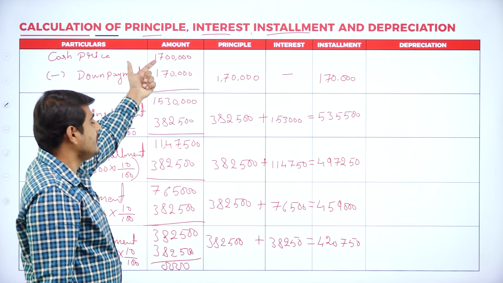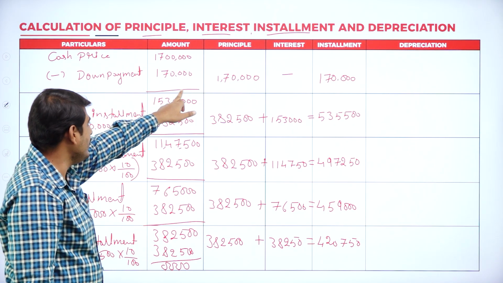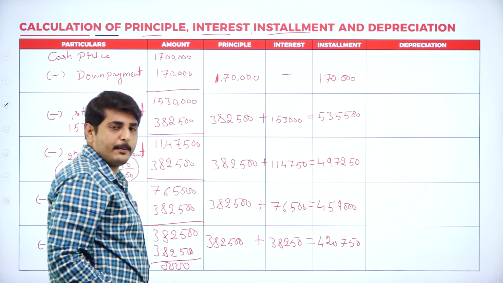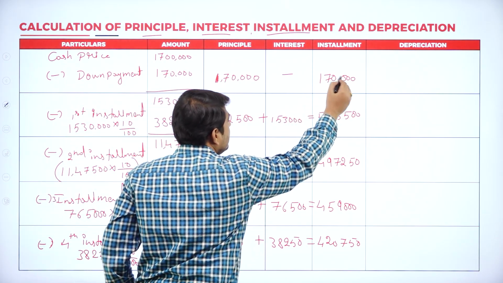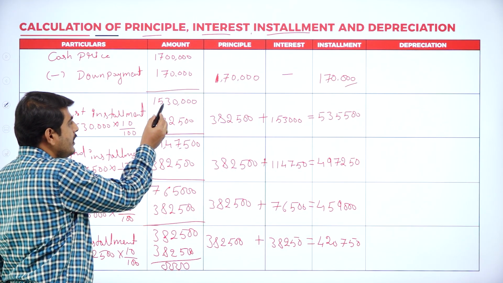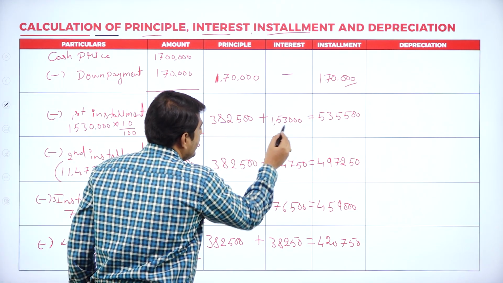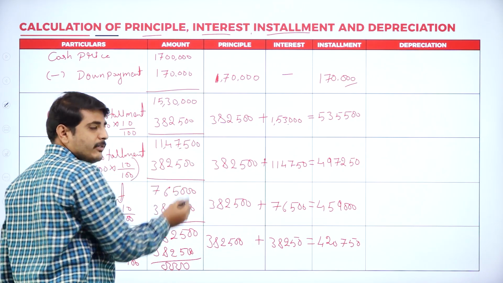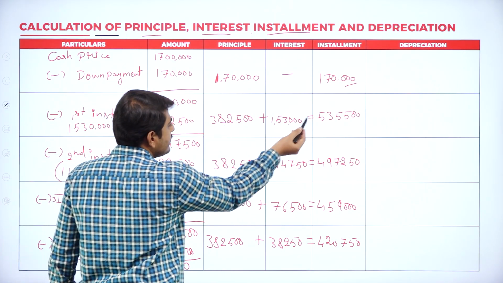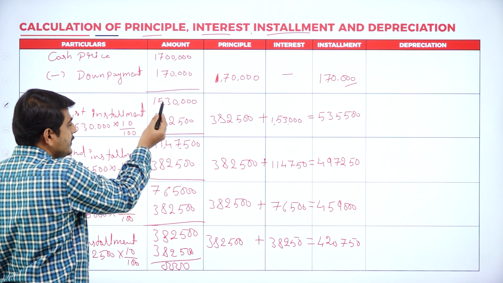See, first year 17 lakh is the cash price or the cost price. I had deducted the down payment, and we have to write the down payment amount here, because the down payment is also part of principal. So first year this is the down payment. Next one, for the first installment, I have calculated the interest on 15,30,000. If you calculate the interest, it will become 1,53,000, and the principal will be the same. We have already calculated the principal amount. So principal plus interest equals the installment. Again, deduct this principal from here, the total principal.